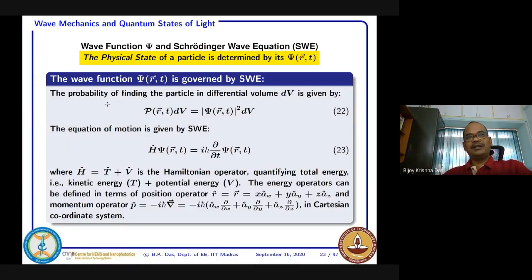Okay, so from that interpretation, whenever it is a quantum particle, we always say its size is point-like, but in fact you cannot really determine its position at any instant of time at any particular coordinate or something like that. So instead we define a parameter called probability. Finding the particle at a certain point is not certain, rather we define it with a probability function. So we say that the probability of finding the particle in a differential